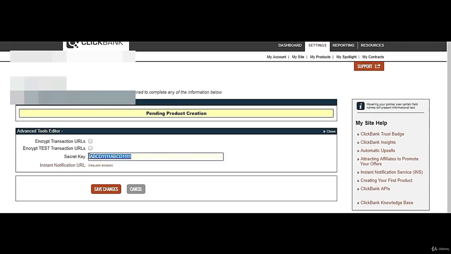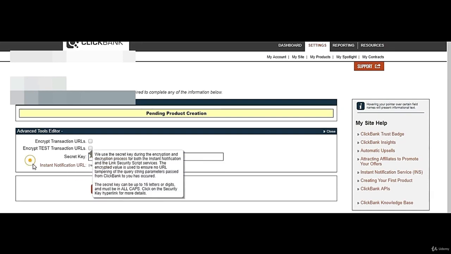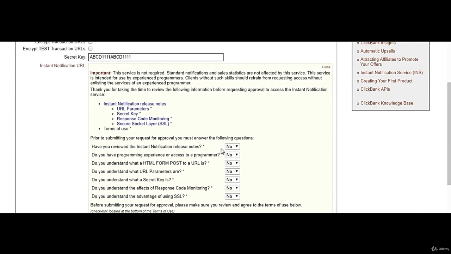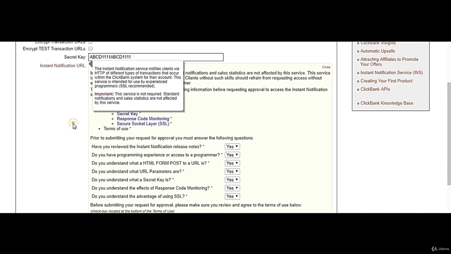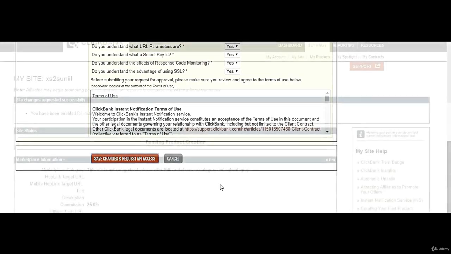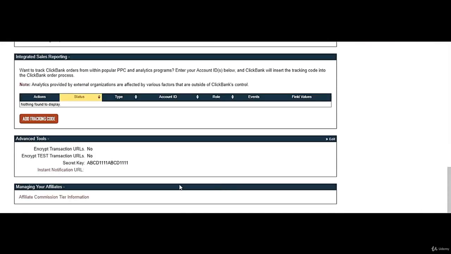You have to create a secret key, 16 characters, a combination of letters and numbers, all in uppercase. Also you have to request access, okay, and I've created the secret key, and then save changes and request API access. I've created the secret key now, guys.